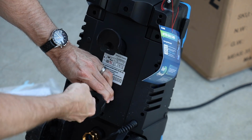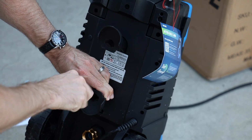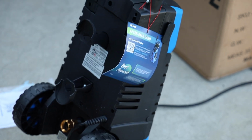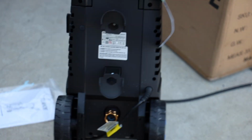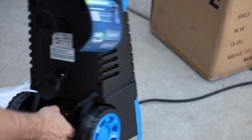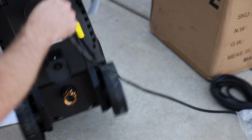You know, how's it do with the foam cannon? And how's it really do with washing a car? Are the stock items that it comes with decent enough to use right out of the box, or are you gonna have to spend some extra dough? So you can see this just kind of hooks up here,